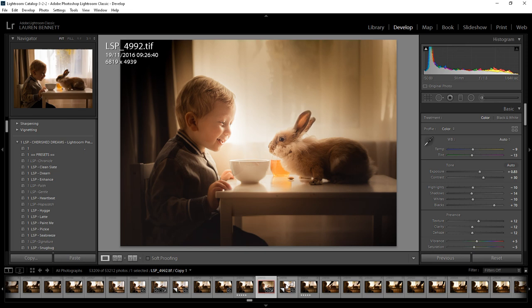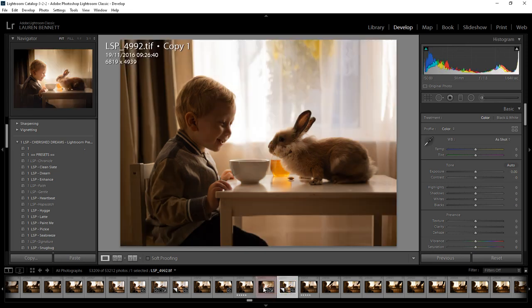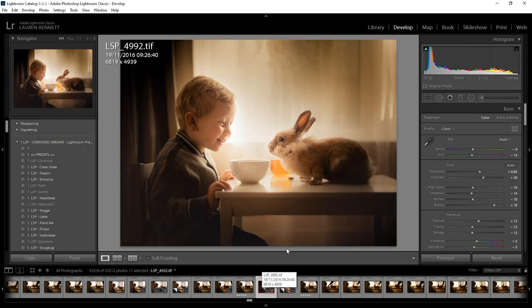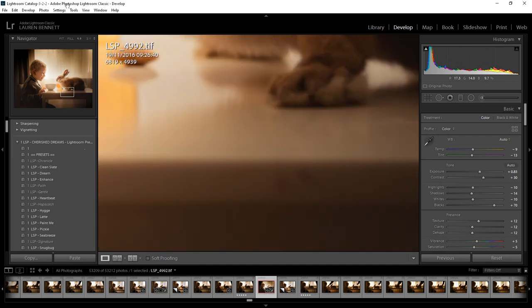Okay, so let's see before and after. And that's how to create kind of a magical storytelling image in Lightroom using the LSP Cherished Dreams Lightroom preset collection. One more thing I'm just going to do, let me just zoom out a touch,